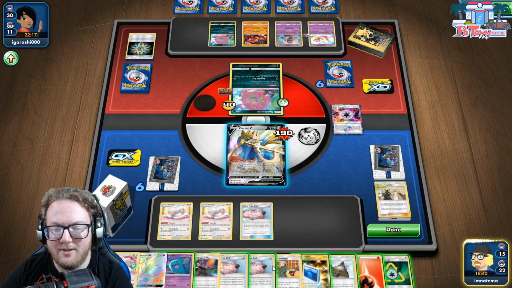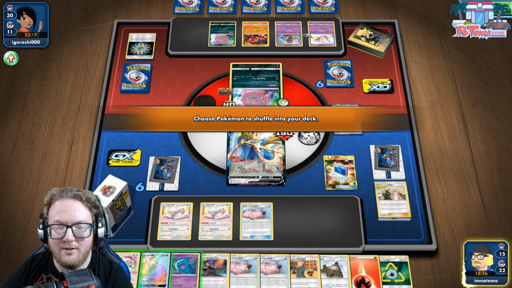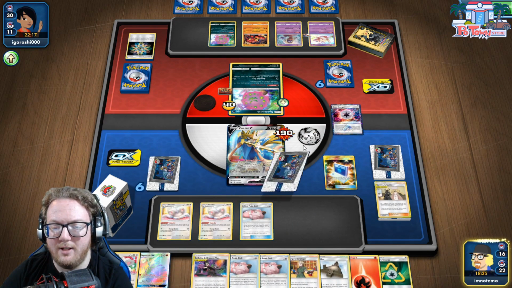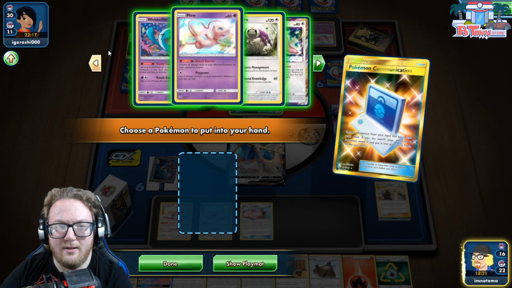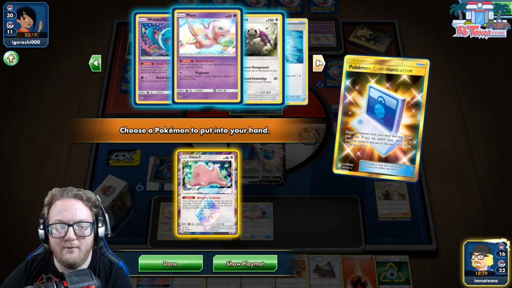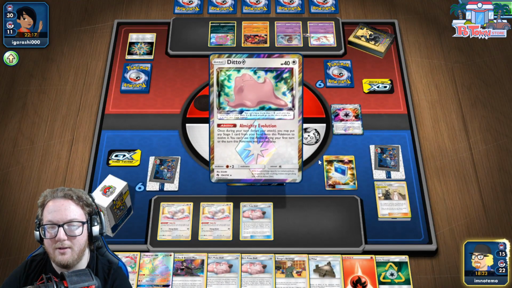They could Marnie us, they could stamp us, so maybe I put down 2 dolls. I am also going to Pokémon Communication here. And I kind of want to grab Ditto for a 3rd Cinccino. We could get Guru. I think I want the Ditto for a 3rd Cinccino, because we're going to want to